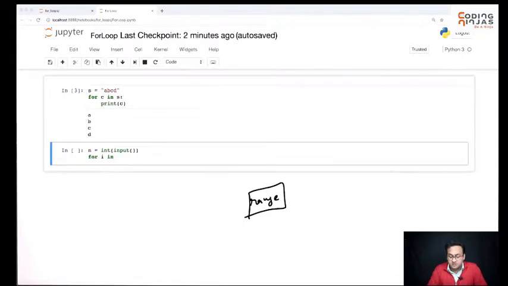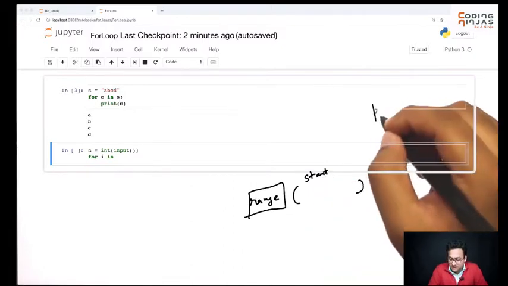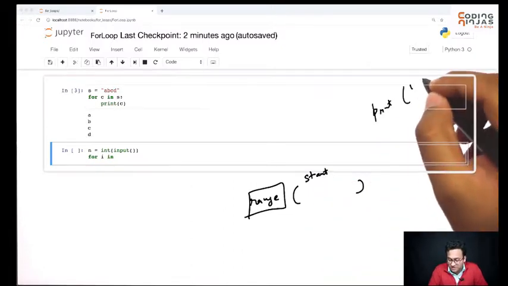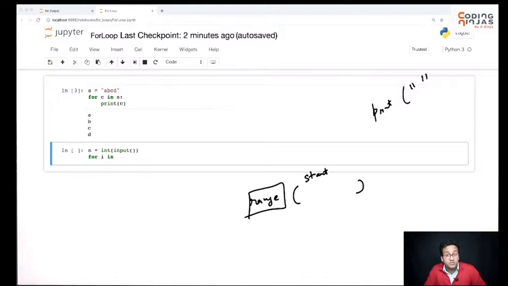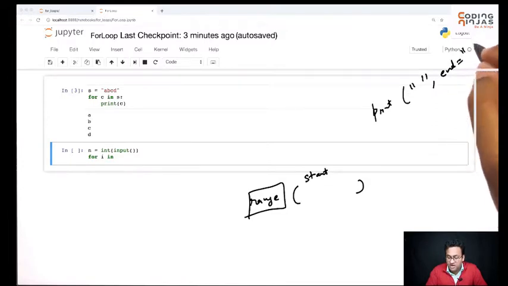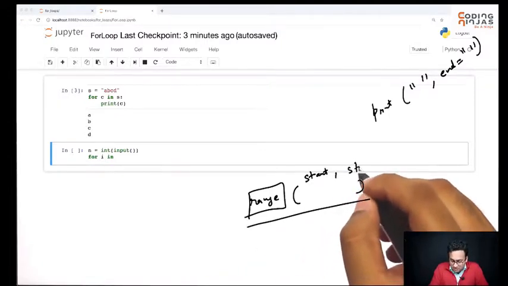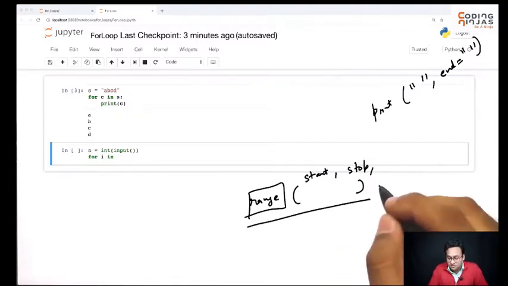The range method basically takes 3 arguments. Start, like the way print had 2 things. We were able to pass a string which we wanted to print, and we had an optional thing that we could have passed to print method, that was end. So we could tell it how to end my print statement for that particular call of print method, right? So in case of range, we have three things: start, stop, and stride.